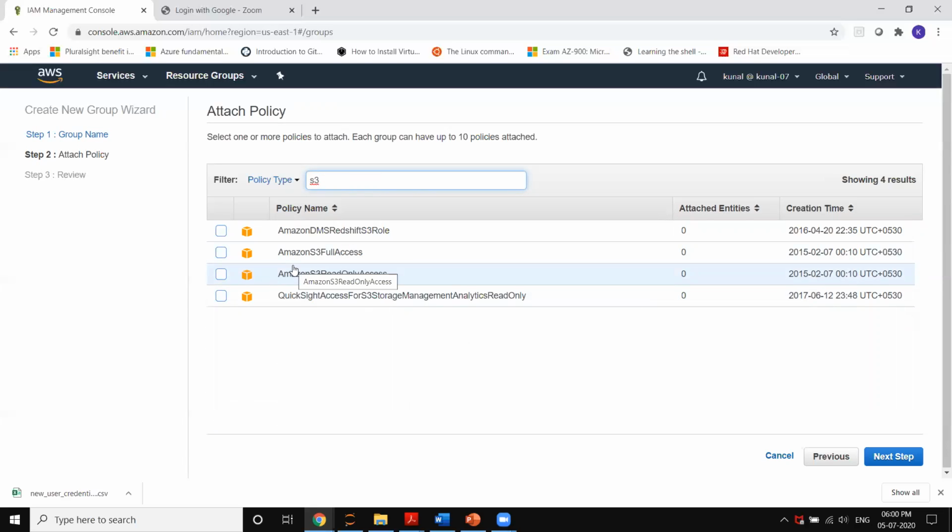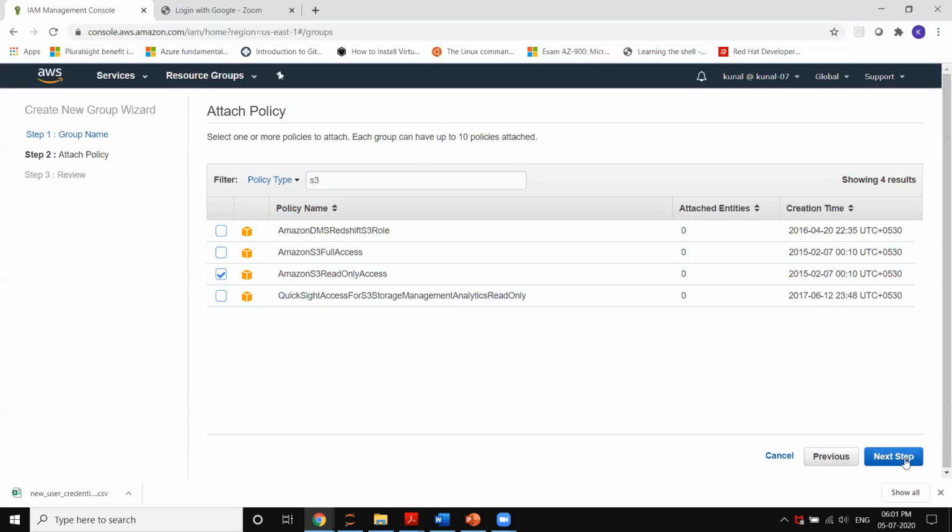There are different policy types for S3. One is S3 full access, and the other is S3 read only access. According to the project requirement, we have to attach only read only access to S3 bucket. So we select this policy and attach it to the group.